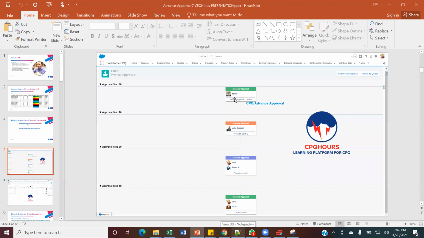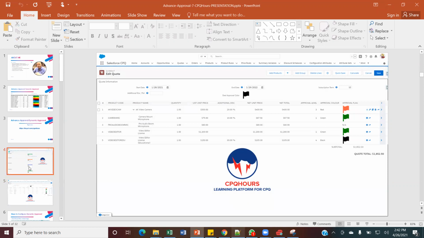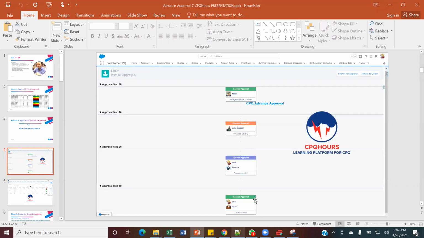So I have my discount approval, which is my manager, Milin, my VP sales called John Brissell, and another finance level 3, which is a finance level 3. We have my finance team, and then we have a legal team also, or deal desk team. Accordingly, these levels of approval will go in my discounting approval.